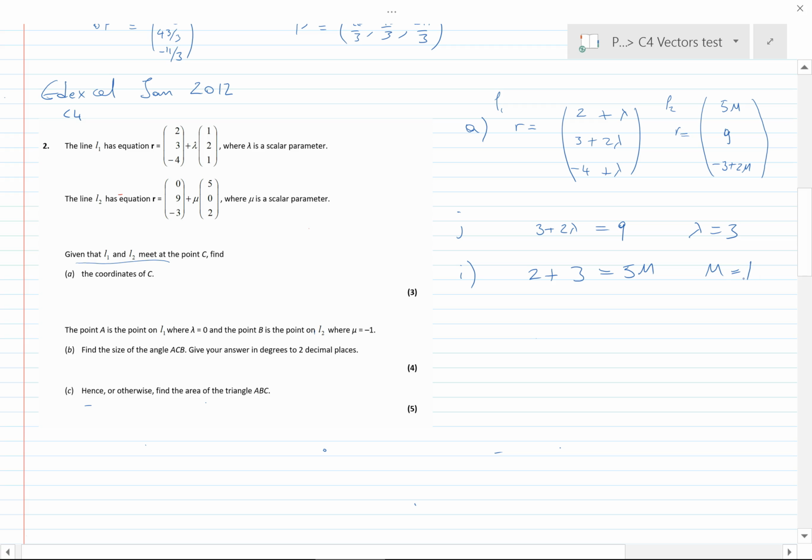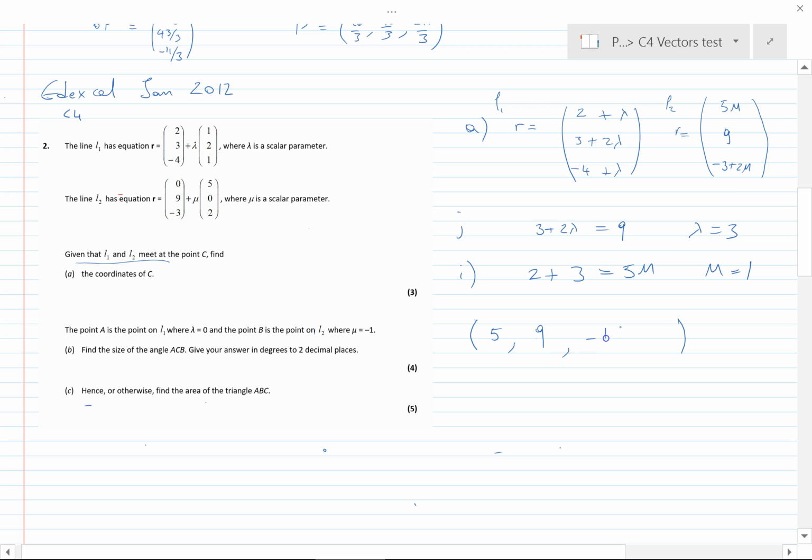So now what we can do is put 3 and 1 into these, or these. Let's put mu as 1 here. It wants a coordinate, so we want to write in coordinate form. The i bit, so the x coordinate is 5 times 1, which is 5. This is 9, obviously, because it has to stay at 9,